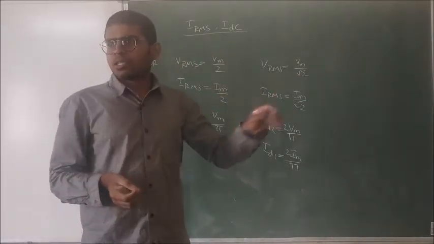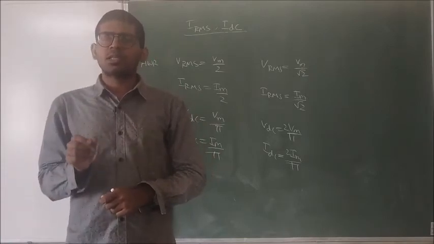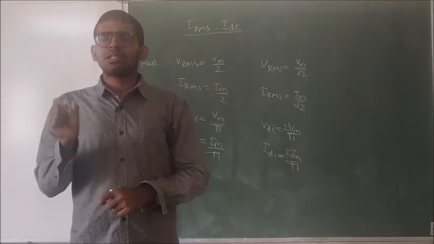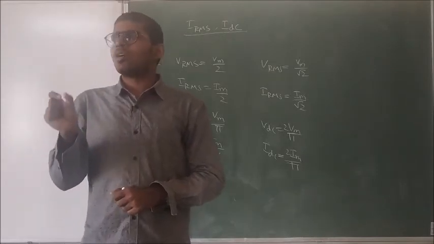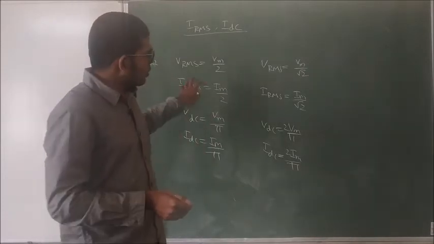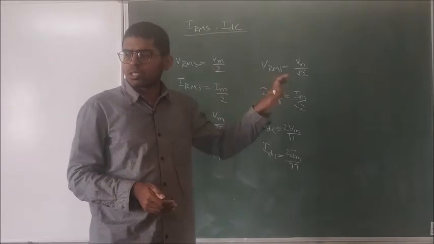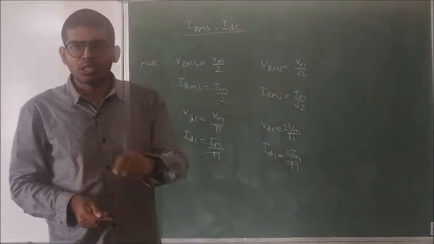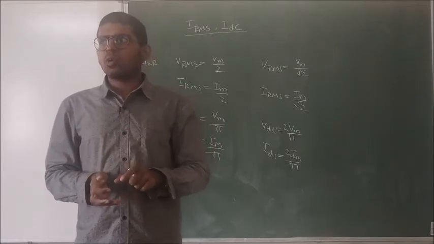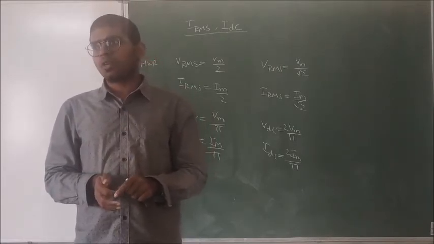In both the cases we are neglecting the diode's resistance. Diode's internal resistance in the forward bias, when a diode is connected in the forward bias, the forward resistance is very small. It is in few ohms. So we are neglecting the diode resistance. And whatever waveform we are observing for the voltage, the current waveform will also be in the same shape across the resistive load. This is about the IDC value and IRMS value, VDC value and VRMS values for half wave